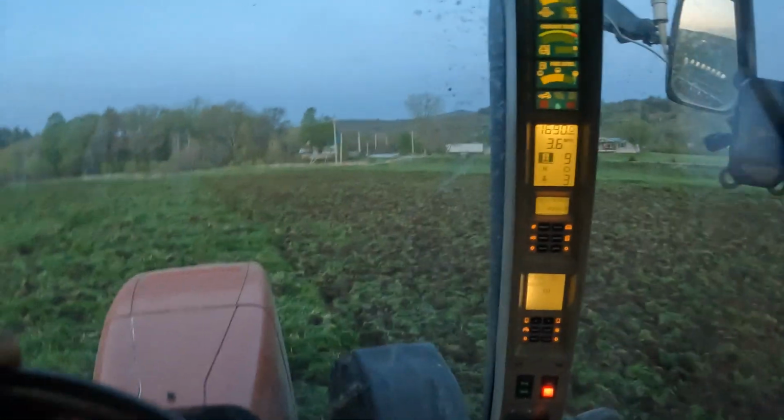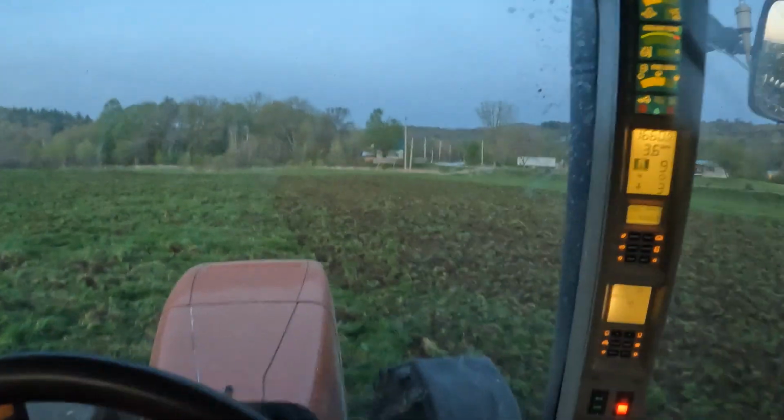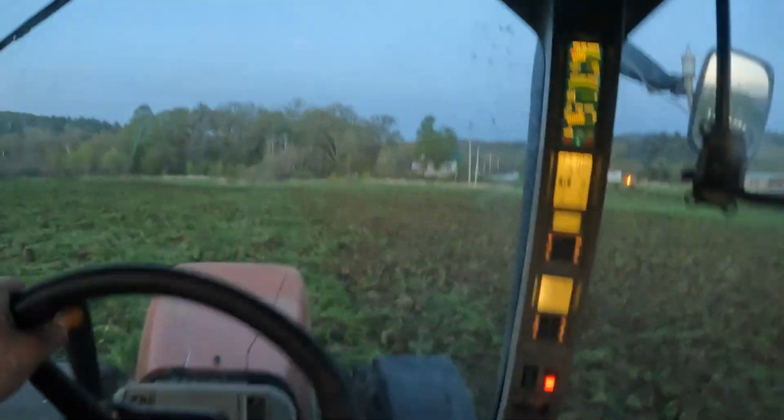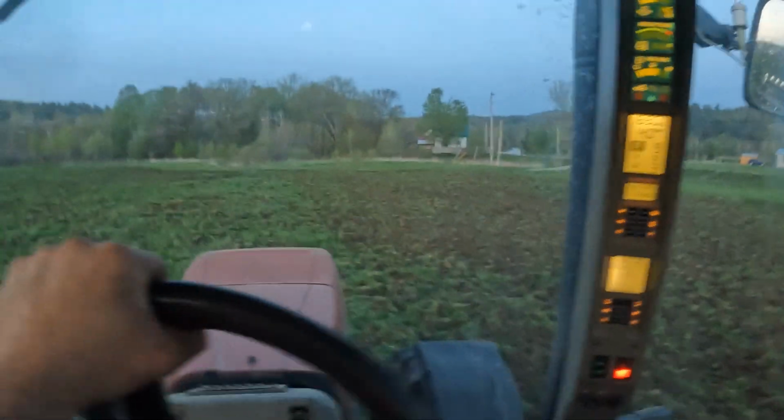Now some people are going to call us idiots for doing it like this. Why didn't you spray it and no-till it? Our planter technically is a no-till, but it works like garbage, really no-tilling it. It only will work somewhat in no-till in river bottom